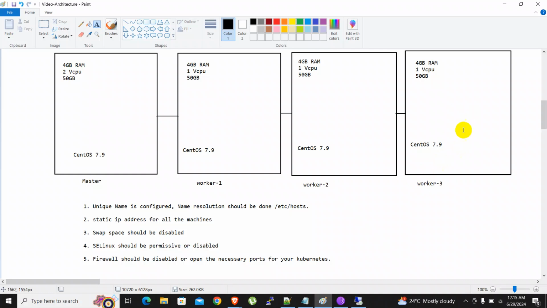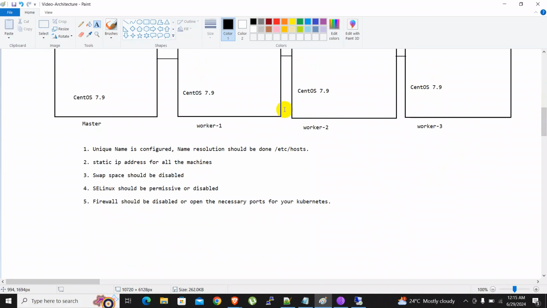The firewall should be disabled over here. Now technically, it is recommended that the firewall should be on in a production environment and the necessary port numbers should be opened on the